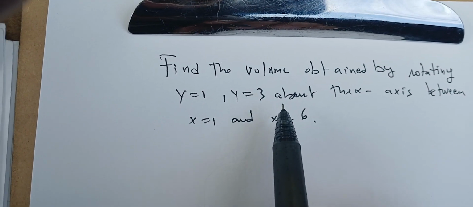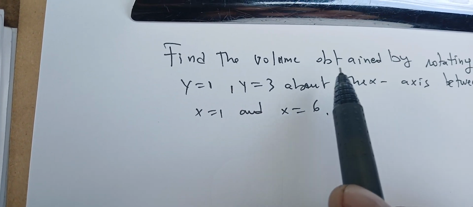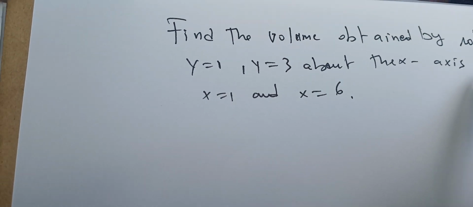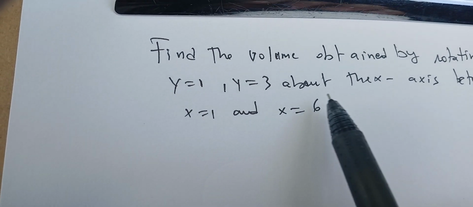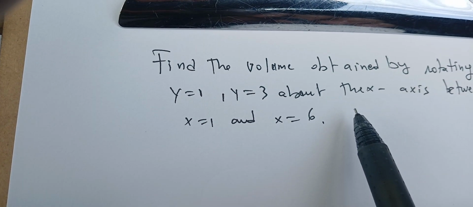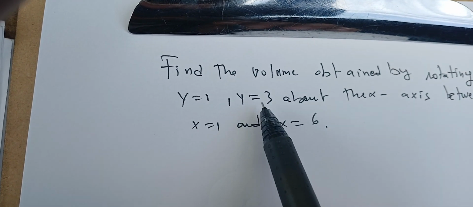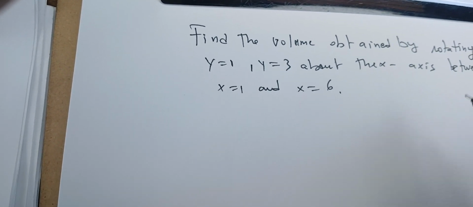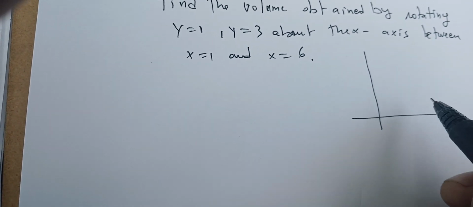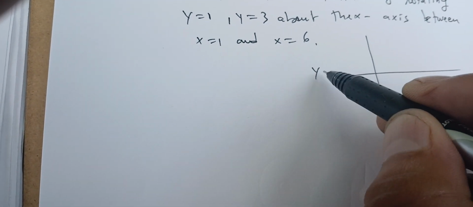In this video, we're going to find the volume obtained by rotating y equals 1 and y equals 3 about the x-axis between x equals 1 and x equals 6. These two functions are very easy to draw, and therefore we're going to do that to get an idea about what's going on. So this is y equals 1,